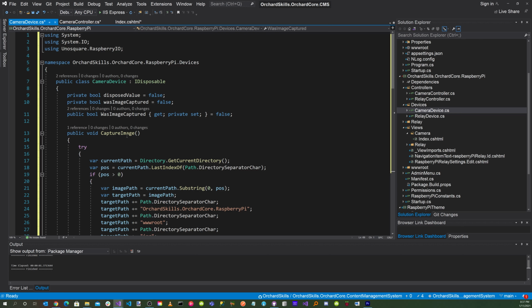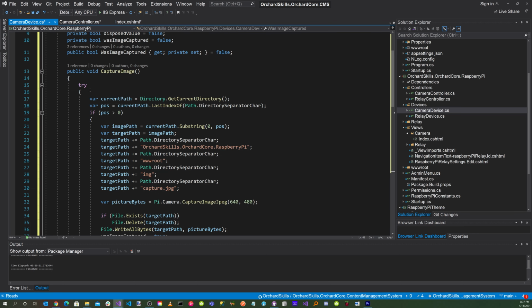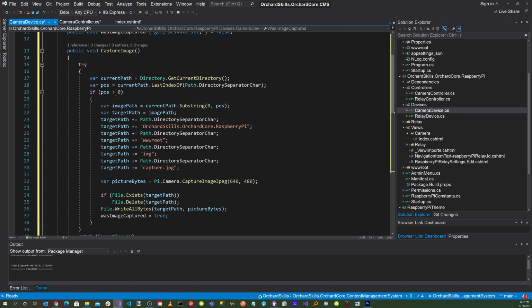We'll set that to false, and then we'll have a property called was image captured, which will be a getter setter, and we'll set that by default to false. Then we'll have our class capture image, and so we'll have a try block, and what we'll do is we'll get the current directory. We'll search one directory up, so we'll search for the directory space character. And if the position is greater than 0, which it should be, then we'll set the target path, and that